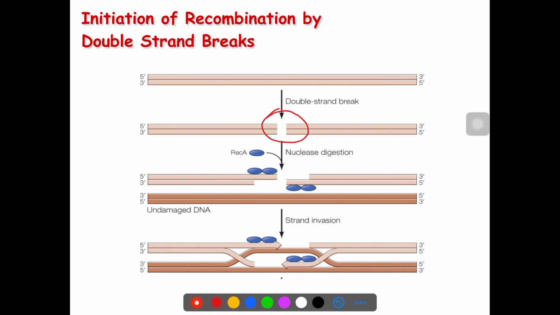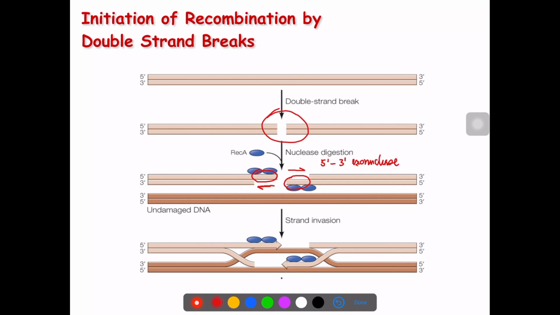And the next thing that happens once you have that kind of DNA damage is you have exonuclease activities that are going to show up into the broken molecule of DNA. And the type of exonuclease activity that is depicted is a 5' to 3' exonuclease. Now that creates regions of single-stranded DNA,